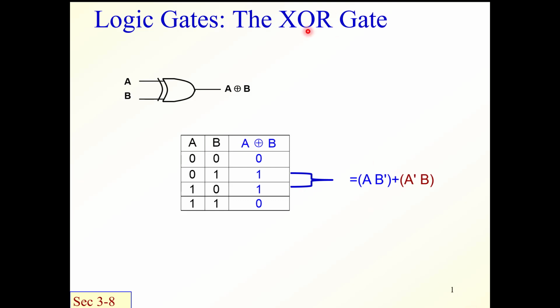We have seen the exclusive OR gate before. This is the look of the exclusive OR. It has two inputs A, B. The output is written this way, and this is equal to A B bar ORed with A bar B. And this is equal to this truth table, which is equal to M1 ORed M2, two minterms M1 and M2.